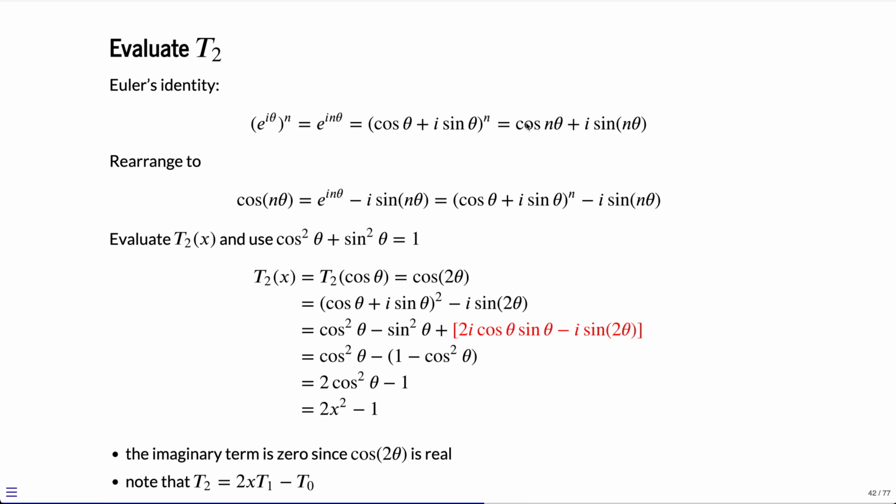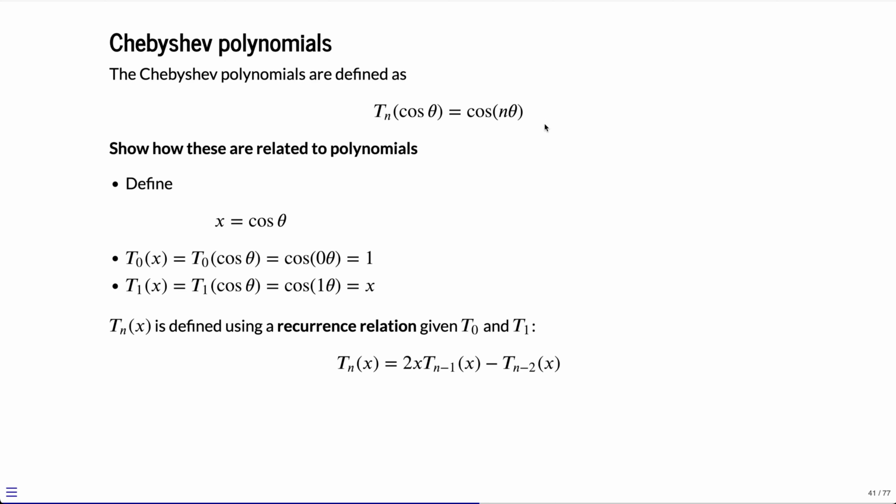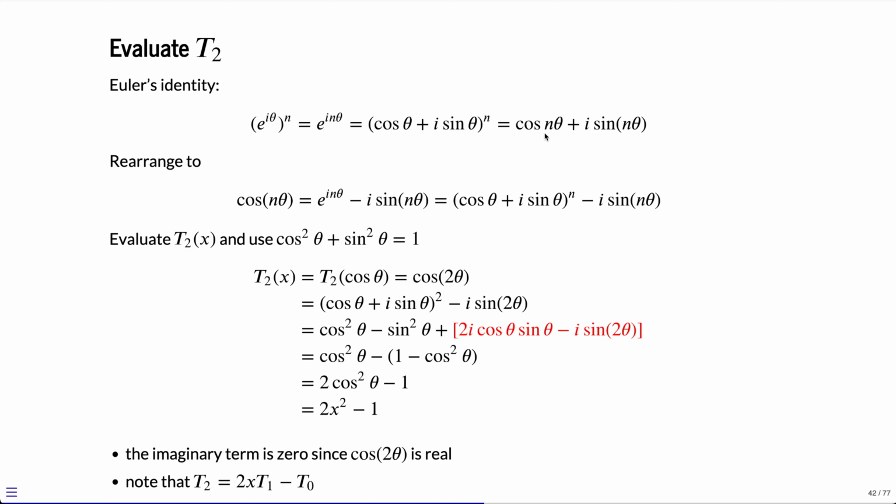We can solve this for cosine n theta, which we want for the trig polynomial. And if we do that, then we have cosine n theta is equal to e to the i n theta minus this imaginary component. And we can then use Euler's identity here to the n, and we're going to have